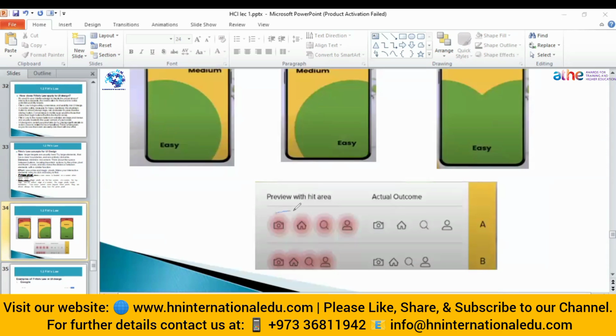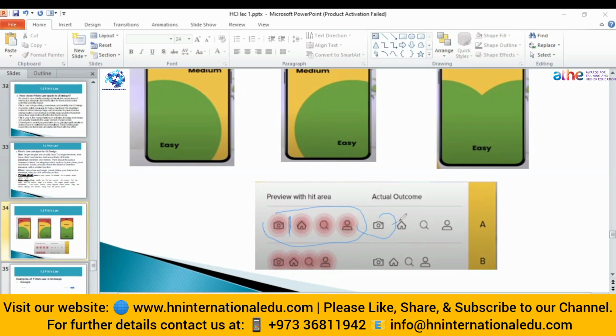What if all the icons are joined with each other like this? Now, if you try to click on camera, at the same time, the home button will also be clicked because there is no distance between these icons. But the actual outcome should be like this.